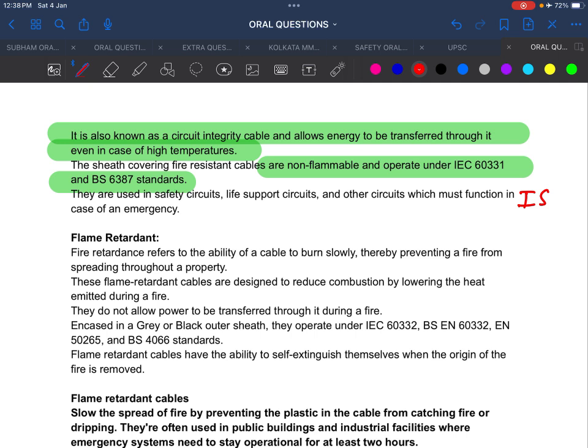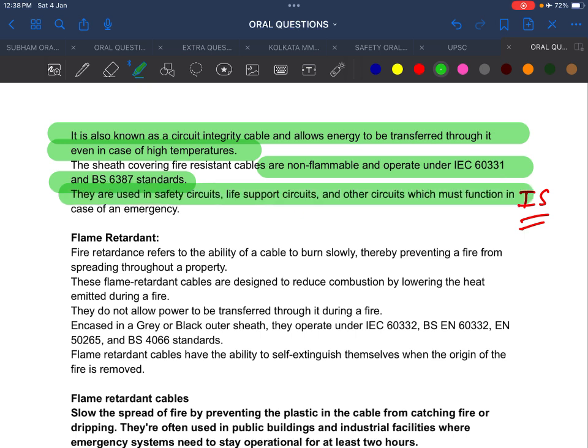Okay, so these are the various standards. Our Indian standard is IS. We are following the IS standard in India. They are used in safety circuits, life support circuits, and other circuits which must function in case of emergency. Where are we using this fire resistant cable? We are using it in safety circuits, life support circuits, and other circuits which must function in case of emergency. We are using it in these critical areas and critical circuits,